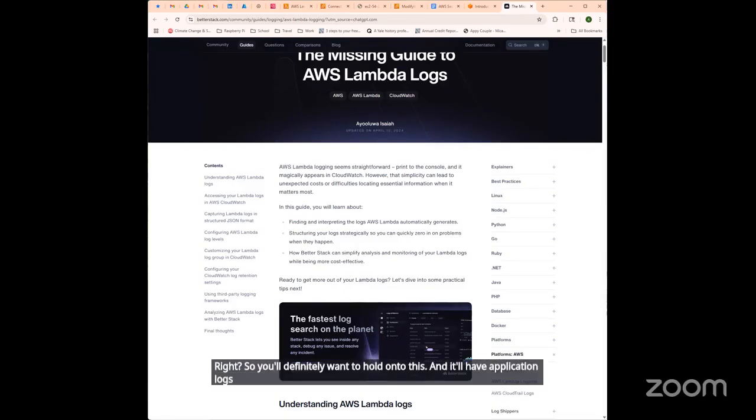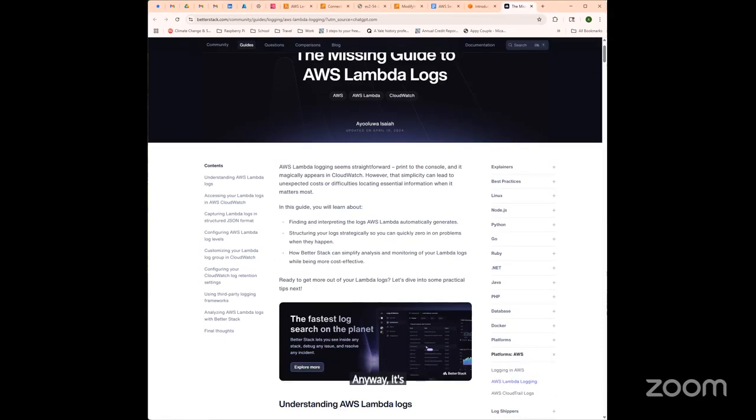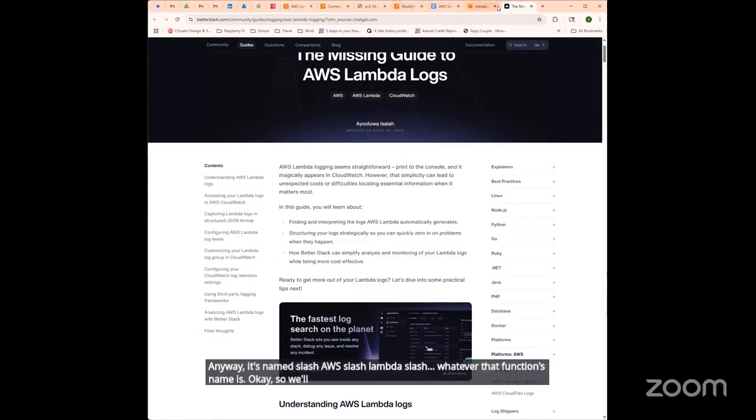So this will be custom logs generated by your function code using standard output methods. So think console.log in Node.js or print in Python, right? So by default, each Lambda function has an associated log group in CloudWatch named /aws/lambda/ followed by that function's name. Okay, so we'll go back to Lambda